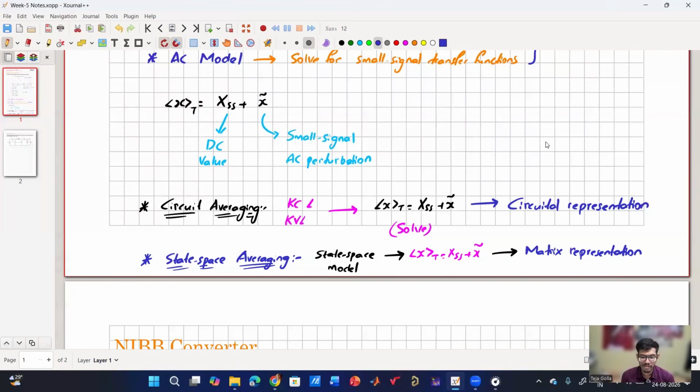In the case of state space averaging, everything you get is in terms of matrices. So for a buck converter or a boost converter or a buck-boost converter, it is C into (sI minus A) inverse into B. The matrix will change, but you cannot get anything out of it, right? You will not know what exactly will change by changing a parameter. But as the system's complexity increases,